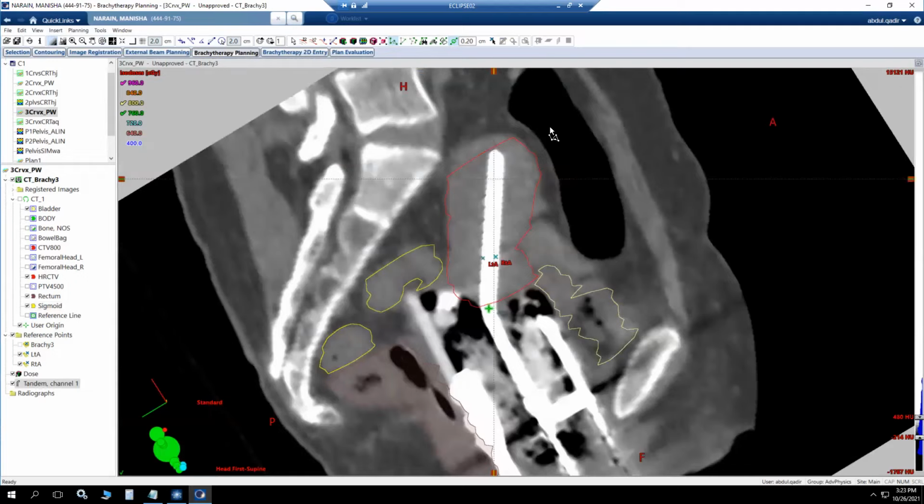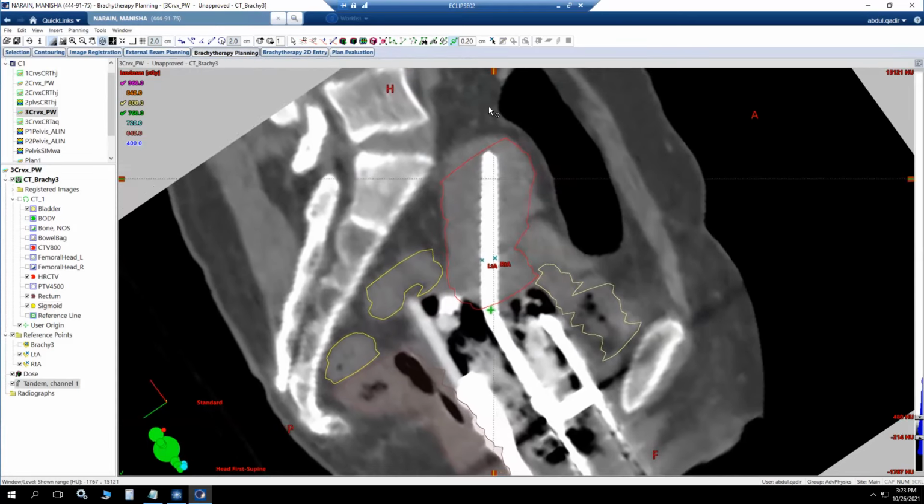Okay, now control the tandem, or we can rotate it a bit more. Now it is more visible. Okay, so let's turn this off and turn on contour session. So now, from the physical tip of the tandem, we can contour the